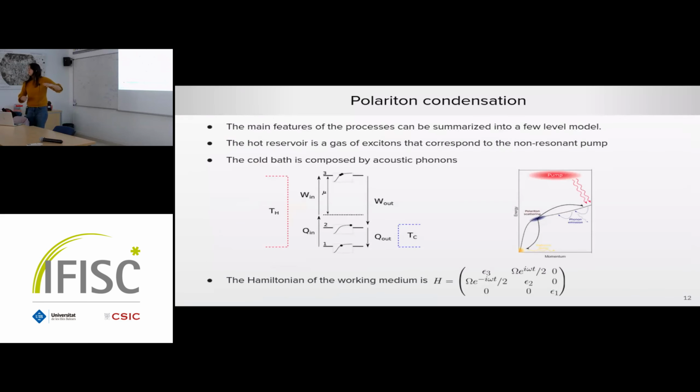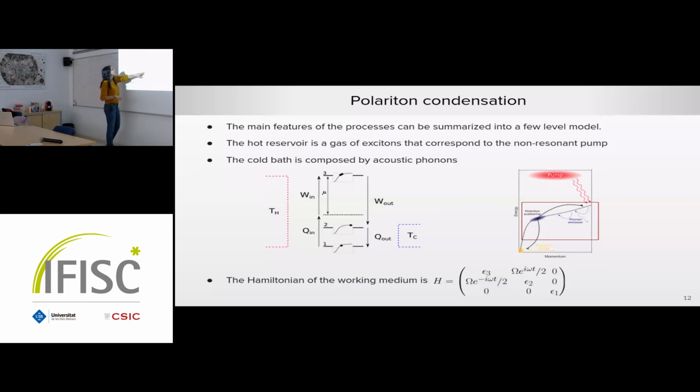Okay, so that's all well known and well established. What we did was we tried to take this and build a minimal model that contains all these features. It's a 3-level model, and it's a heat engine. And the working medium of the heat engine has these states that are squared over there of the polariton. So note that the condensate is actually not part of the heat engine.